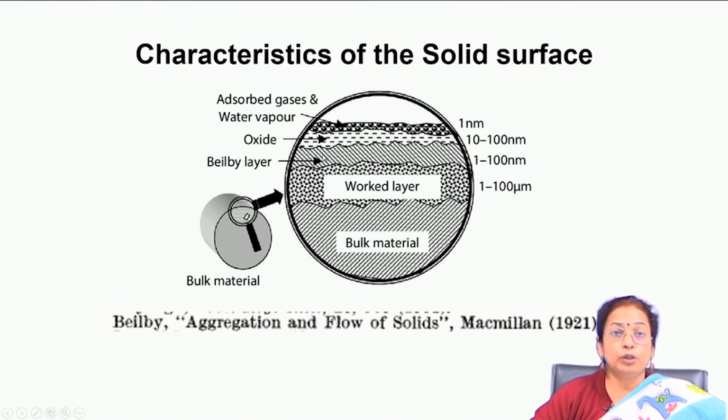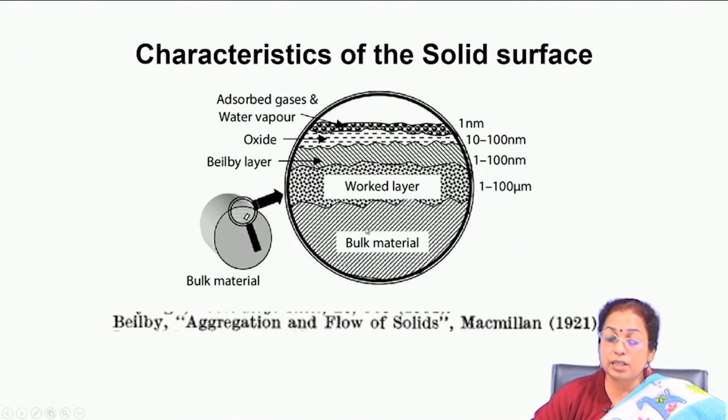If you also do nano hardness analysis, you will find that it has a little bit higher hardness than the rest of the material. Below that there is the work layer, where you will find a lot of dislocations and dislocation entanglement, and then you will find also the elongation of the grains, which is the work layer, and below that there is the bulk of the